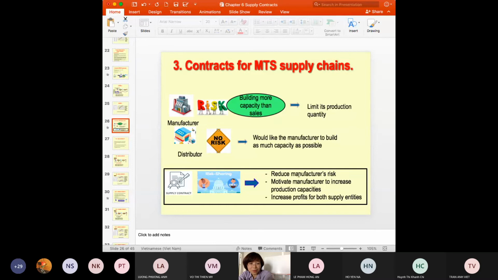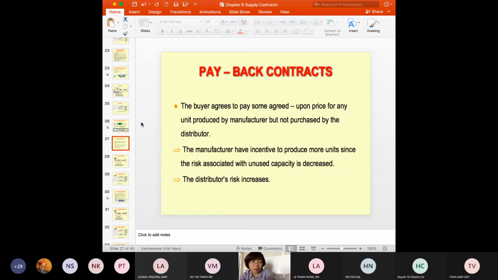So sharing the risk can help the manufacturer reduce the manufacturing risks and motivate the manufacturer to increase the product capacities. Another purpose is to increase the profits for both supply chain entities, the manufacturer and the distributor. So right now we have several contracts for sharing risk. The first is the